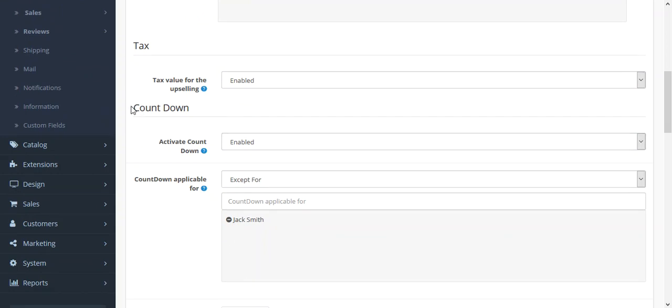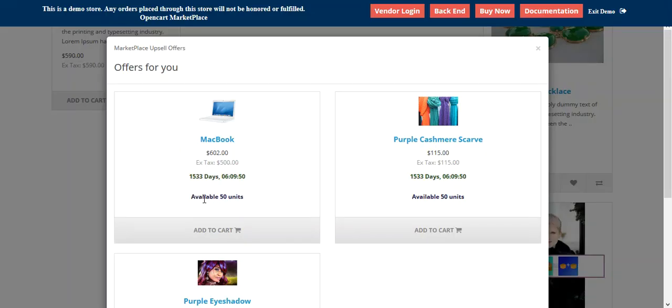Similarly, you can set up the countdown, whether you want to display the countdown on the upselling products or not. Let me take you to the front end once. So here you can see that we have the available units, we have the countdown, we have the text. So if you want to disable this particular text that is visible to the customers, then what you need to do is